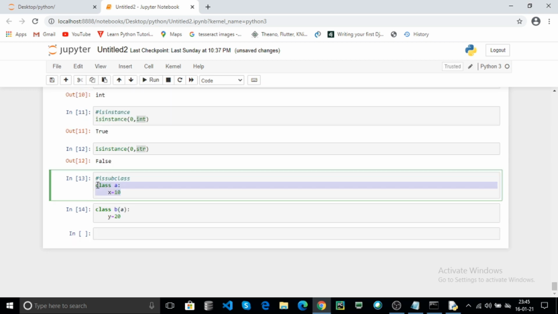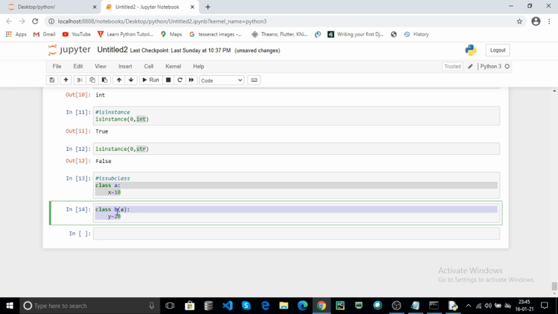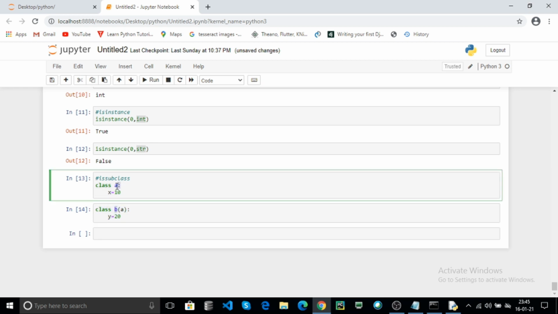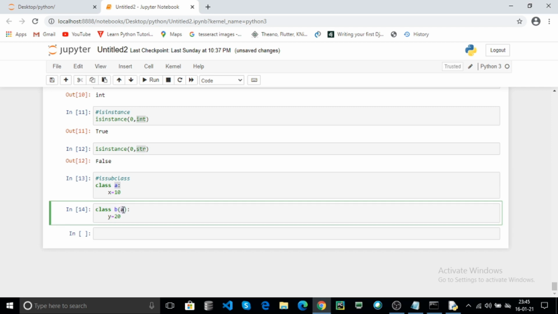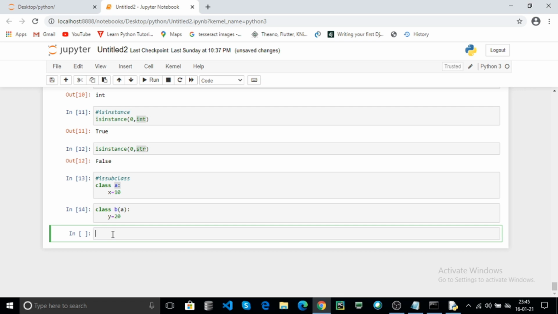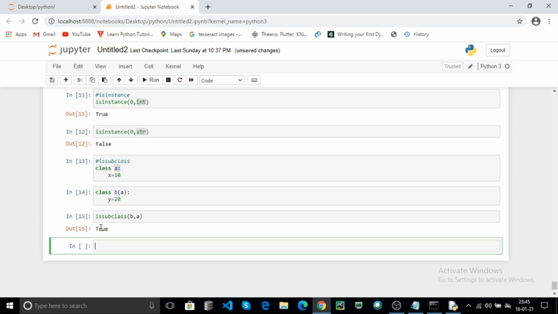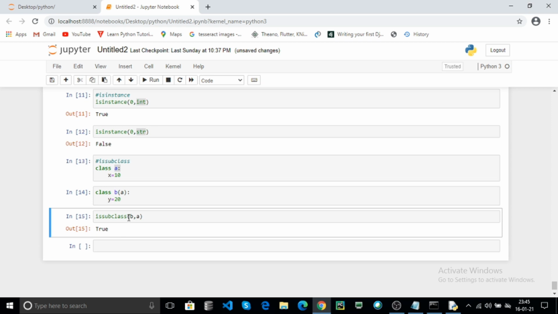Here this is class A, this is class B. Class B is a subclass of class A because A is inherited by class B. This is inheritance. I explained the class concepts in the object oriented module. Now we can use issubclass of B comma A. Click on run. Here it returns true because B is a subclass of class A.